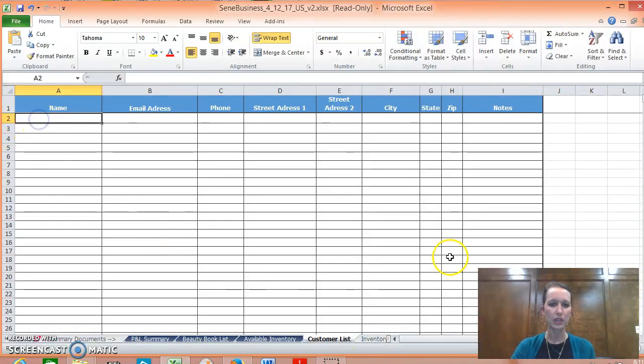So let's go ahead and start populating something. We're going to populate the customer list first. This is a really important tab because you have to have a customer name in this column A in order for you to be able to select a customer to sell to later on in the sales tabs. So we're going to go ahead and I'll enter in a couple customer names. Let's say we have Jessica Smith,